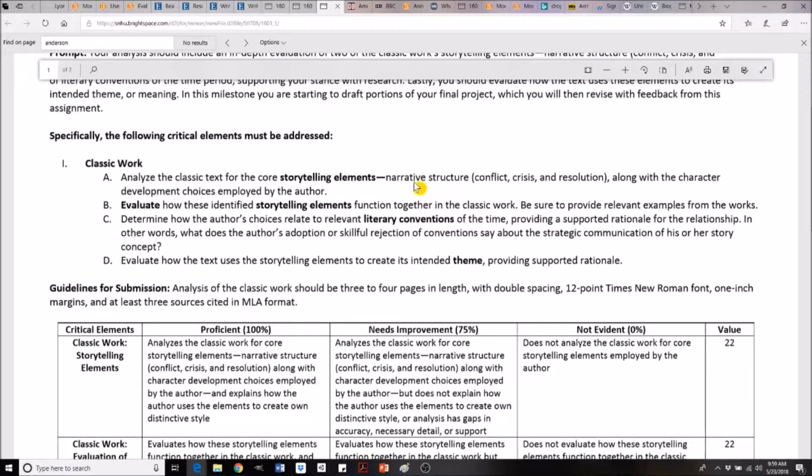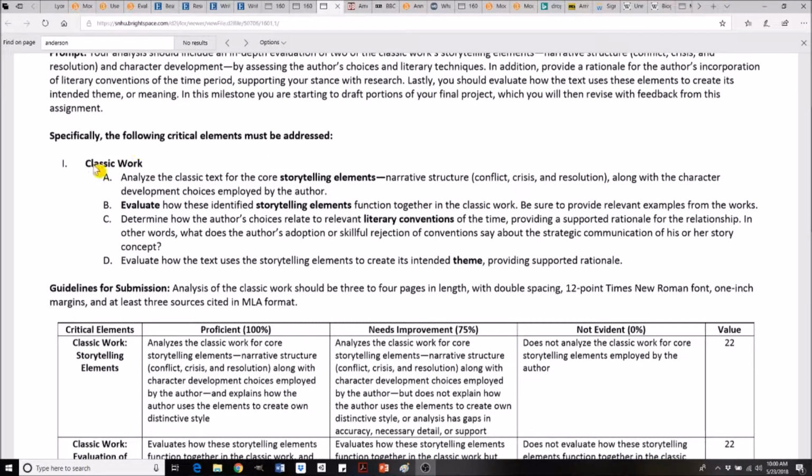If you have questions about that, this is where you can consult outside resources, of course, to see what others have examined, especially on classic works. And this could be utilizing the library, the Shapiro Library, or Google Scholar, or Google itself, or Wikipedia, just to get an idea of the ideas and concepts for the narrative structure in whatever work you're working with. So in any case, storytelling elements is one thing you'll be analyzing.